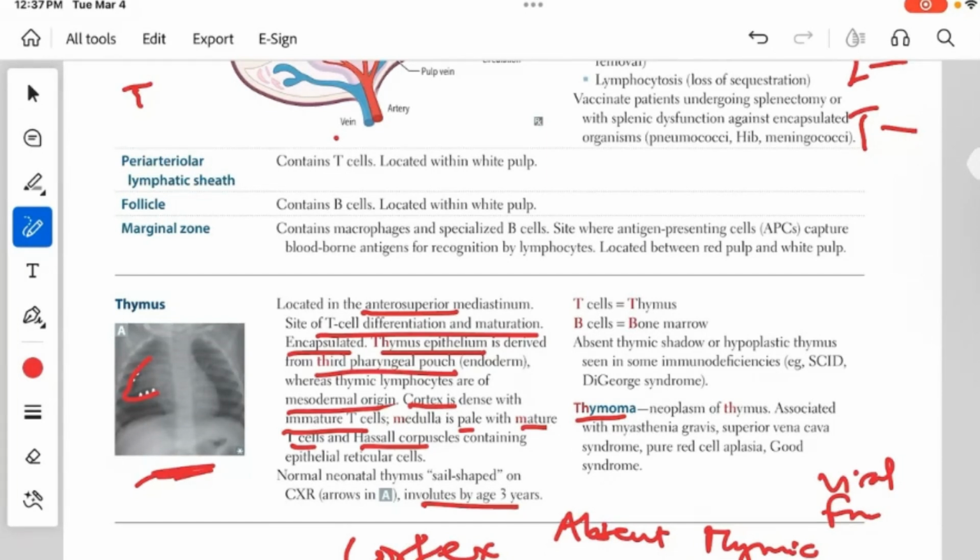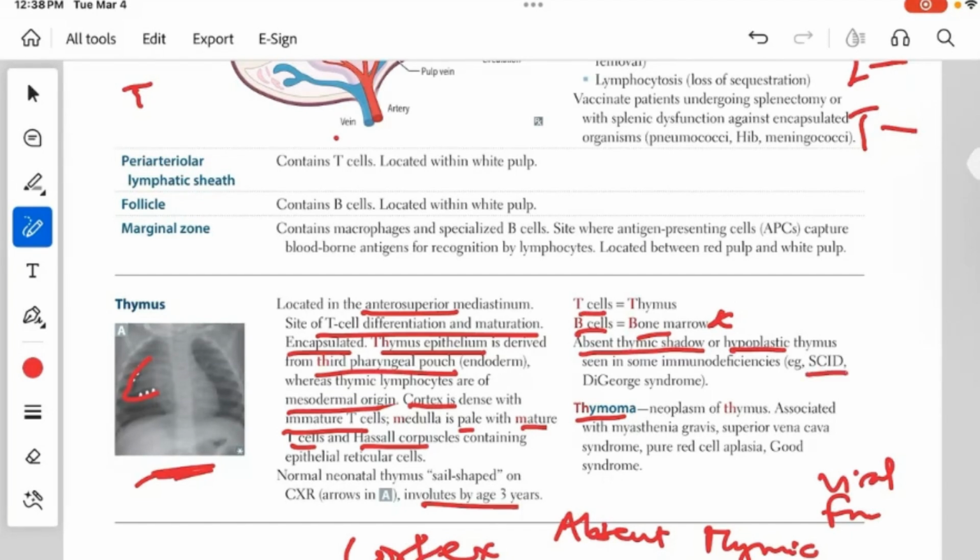Okay, so to reiterate, we said the T cells go to the thymus to develop. So the T cells are not produced in the thymus; they just go to the thymus to mature. The B cells mature in the bone marrow, but both B and T cells are produced in the bone marrow. So, like I mentioned before, absent thymic shadow or hypoplastic thymus is seen in several immunodeficiencies,